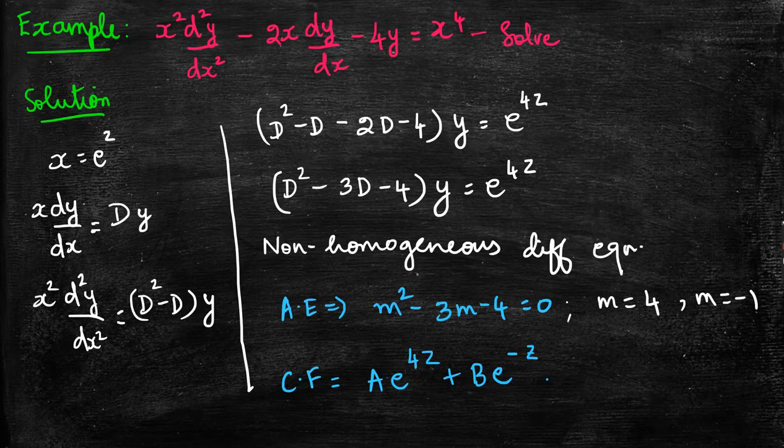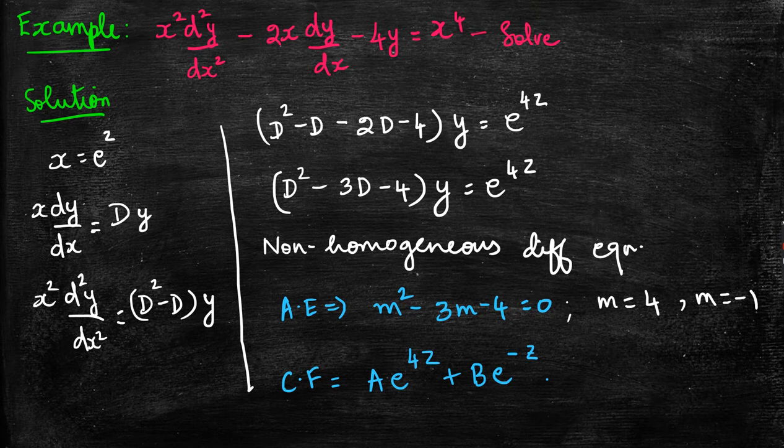So this is a non-homogeneous differential equation, right? So the solution will have CF plus PI, complementary function plus particular integral. If you have no idea about CF and PI, please look into my last video, which was on second order differential equations and how to solve them. It will have everything about CF plus PI and what the types of solutions are. So you can just go see that.